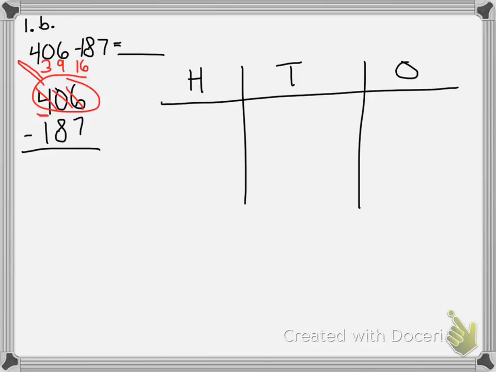So I have 16 minus 7. And of course we know the answer to that is 9. Then we have 9 minus 8, which is 1, and 3 minus 1, which is 2, so we get 219. So let's come over here and do 1, 2, 3, 406. 3, 4, 5,